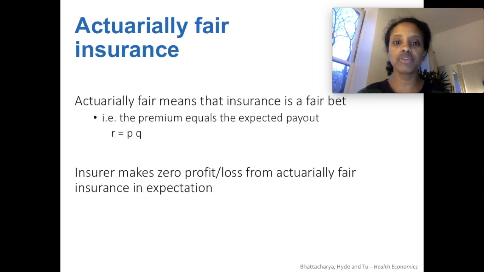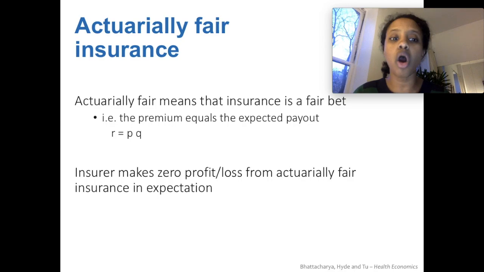So that was one dimension of insurance, whether it's full coverage. And the second one is whether it's actuarially fair. Now, actuarial fairness deals with the premium, and it's whether the premium is a fair bet. And so fairness is about the fact that the premium should equal the expected value of the medical payout that you would receive. In an actuarially fair contract, the premium R that you are paying to the insurance company should be equal to the expected value of the payout that you will receive in the event that you're